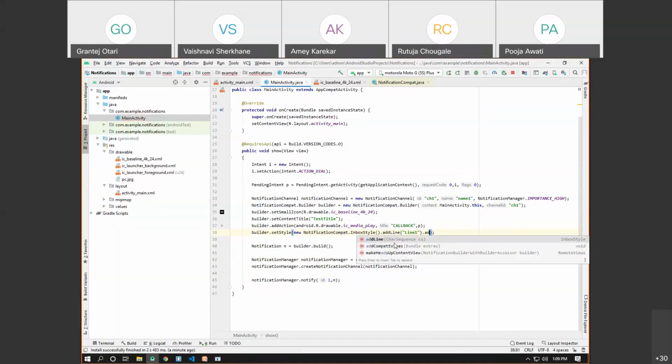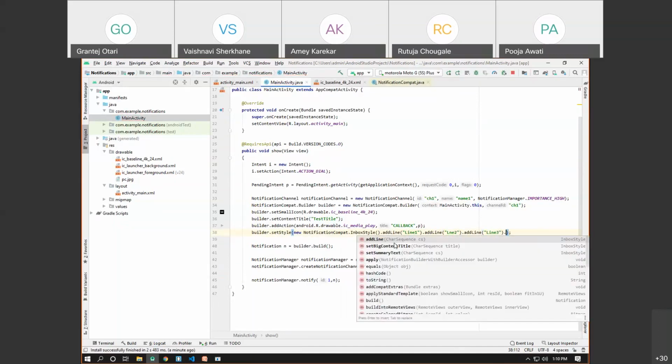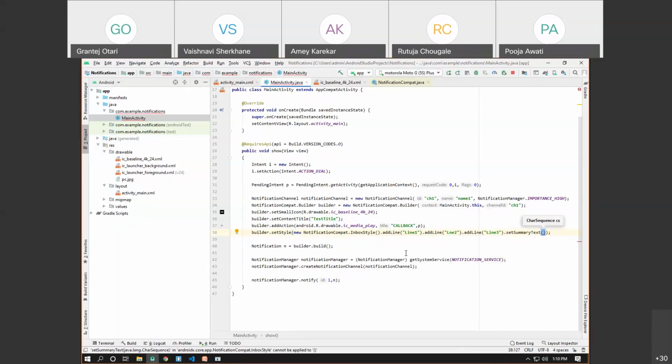Again, we'll call the add line method. Let's call it line 2 and add line 3. Okay, let's add one more method called set summary text. I'll call it from Gmail, and let's try to run the code and see what happens.